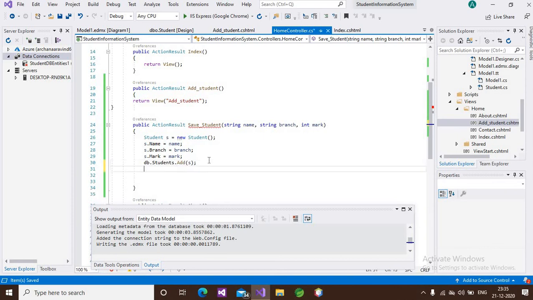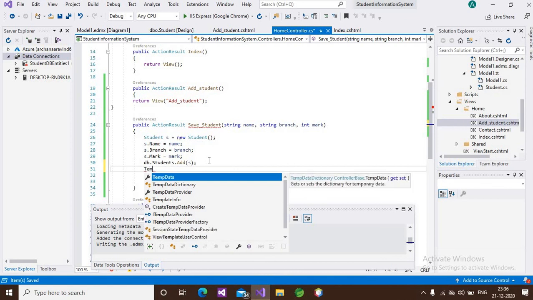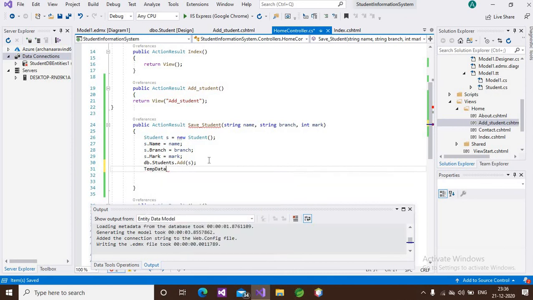After that, we need a message that is successfully saved. For that, we have to give a TempData which is available in .NET. This TempData is used to transfer data from a view to a controller or controller to view, which is used to store temporary data.